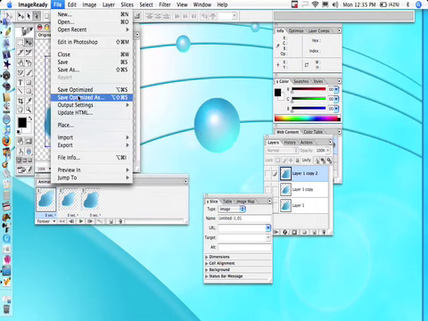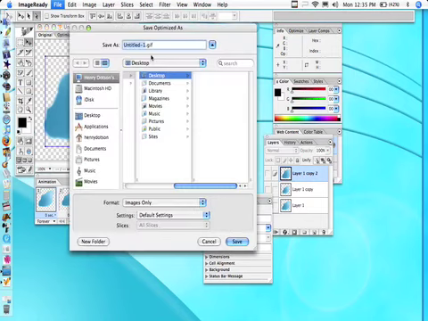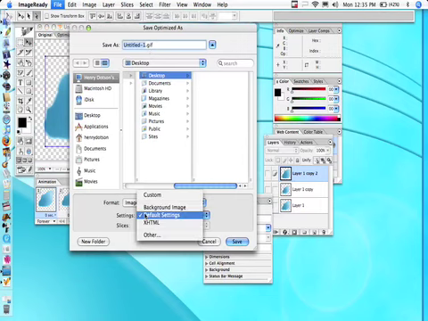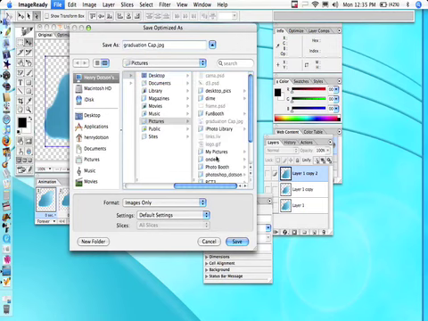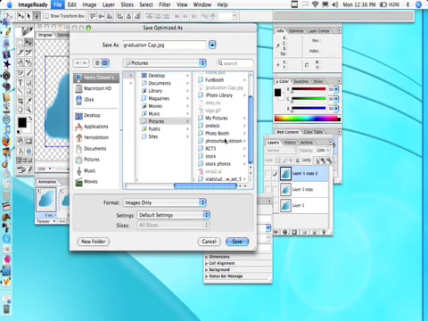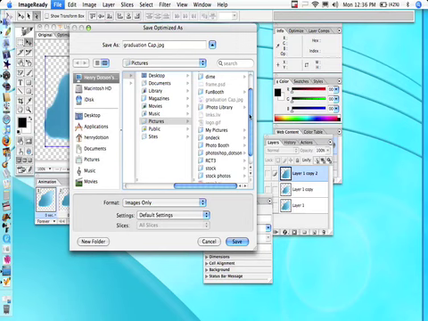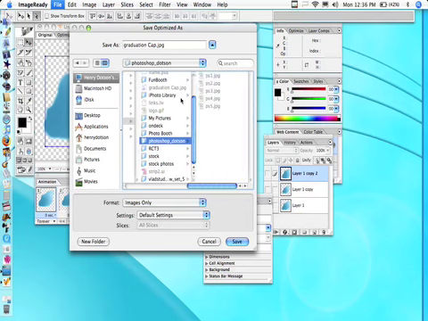Go to here. Save Optimized As. And here's our option, it is GIF. Okay, not a whole lot of options. So we'll save this as our Photoshop image. And that would go under wherever you stored your images. And we'll call that